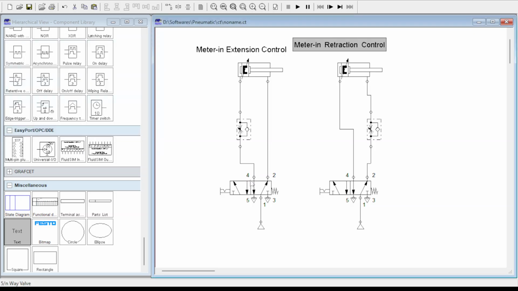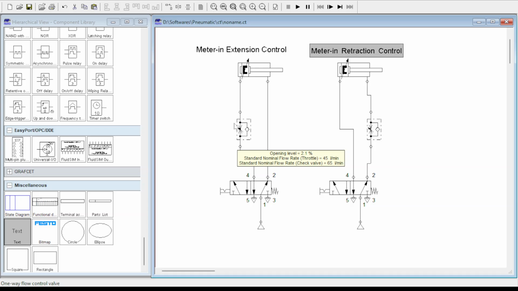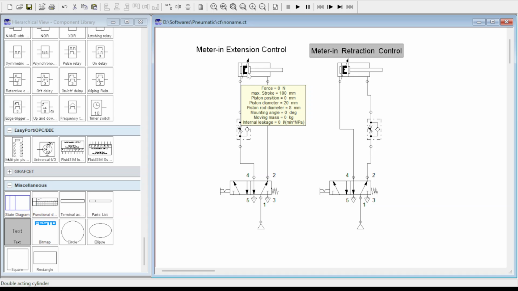One of the features of this kind of circuit is that a meter-in circuit will create a restriction for the fluid that is entering into the cylinder. When there is a flow restriction, there is a pressure drop. When there is a pressure drop, heat will be generated and dissipated, and this heat will be carried by the fluid stream, which in turn, as it enters into the cylinder, may tend to damage the piston seals at higher operating temperatures or at higher pressure drops.